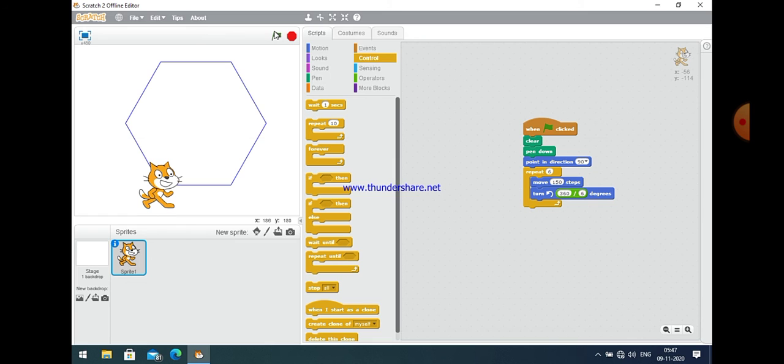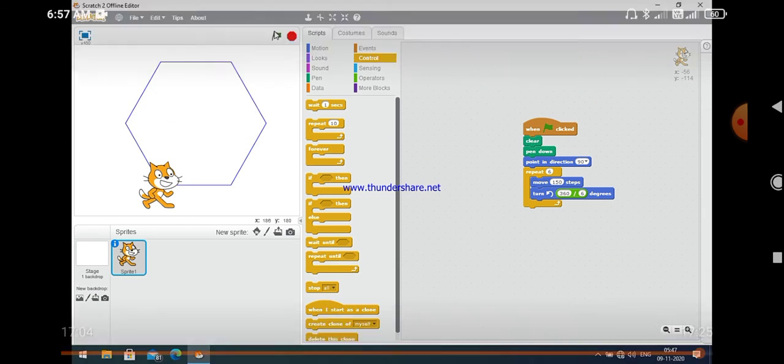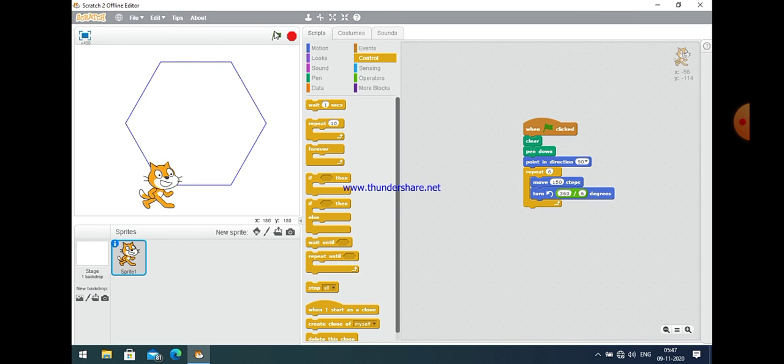So these are the 5 programs. Just write all these 5 programs in your practical file. The output appears on the left-hand side of the screen, and that is the code which you have to write in your copy. When clicked, clear, pen down. Just write as it is, as these are written here.